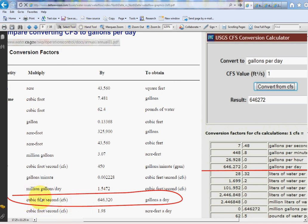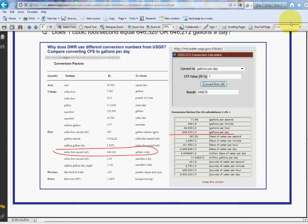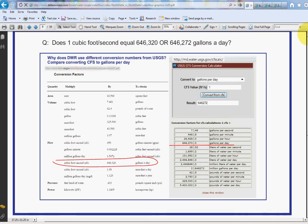conversion table inflates the numbers, and that seems like a minimal amount, but when you count how many cubic feet per second is flowing on the Sacramento River, that difference of 48 gallons, when you take 48 gallons times the millions of cubic feet per second, it becomes a very large number. It becomes very huge, and it represents at least a million acre feet a year conflict, which might be the reason why we see that baseline of 17 million versus 18 million acre feet. It could come just from that one right there if you went through all the calculations, or